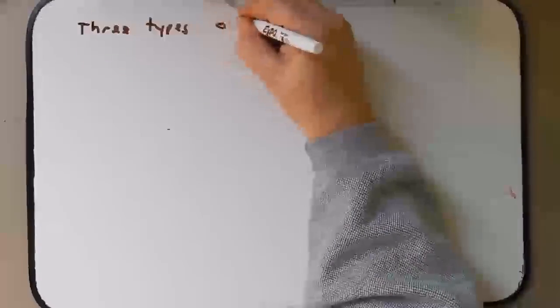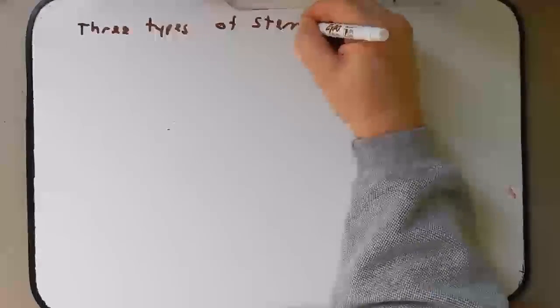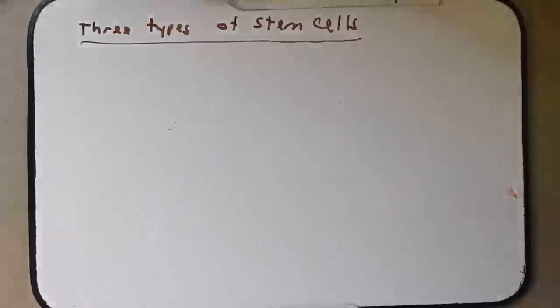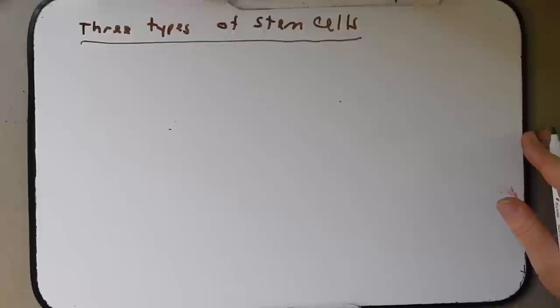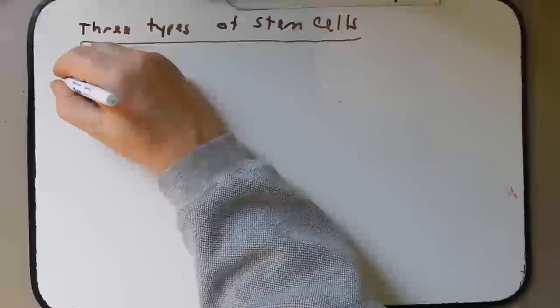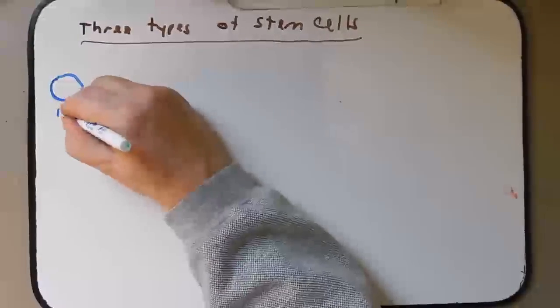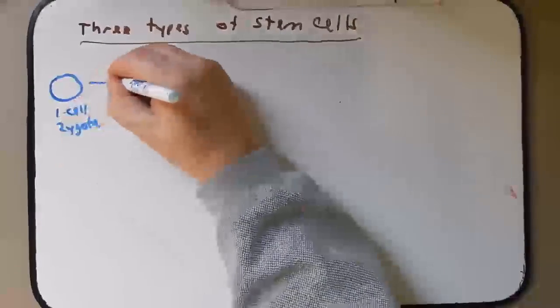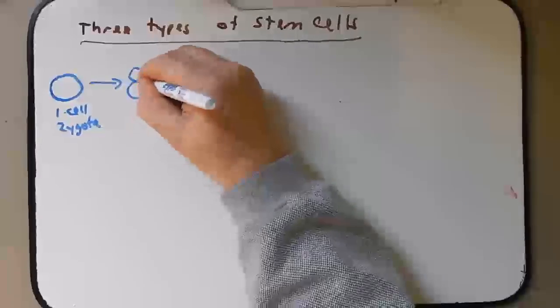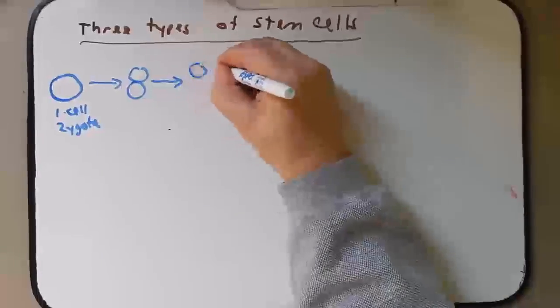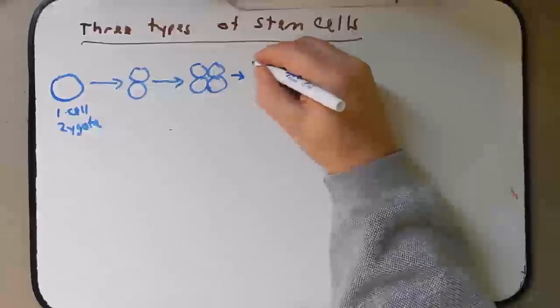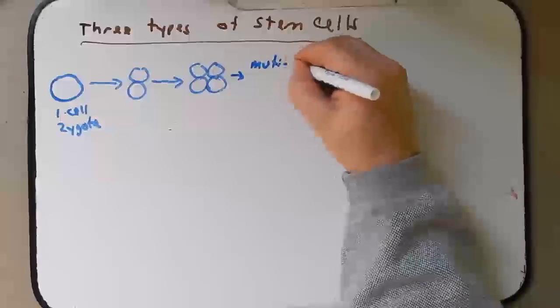Okay, so let's go ahead and talk about our three types of stem cells. I should say naturally occurring stem cells. We'll talk about some induced stem cells later. But as we do this, let's consider embryogenesis to talk about these three types of stem cells. Let's begin with this one cell zygote, and it will divide and form 2 cells, and then again divides to form 4 cells, and then it'll form this multi-celled